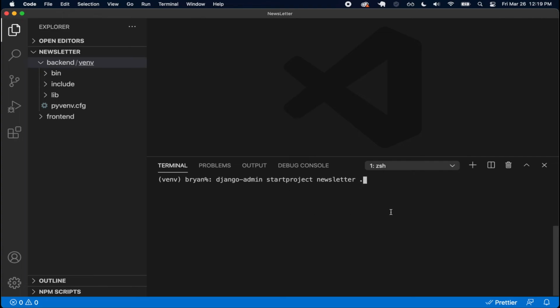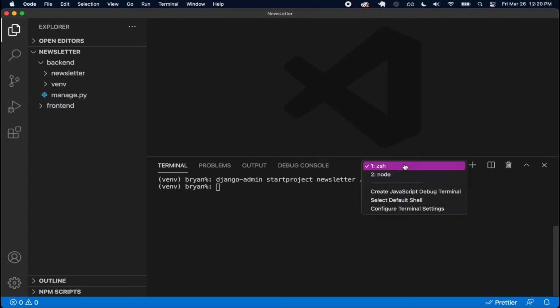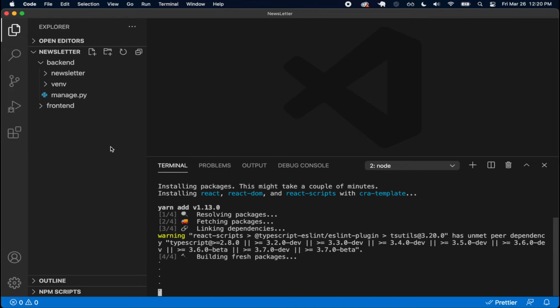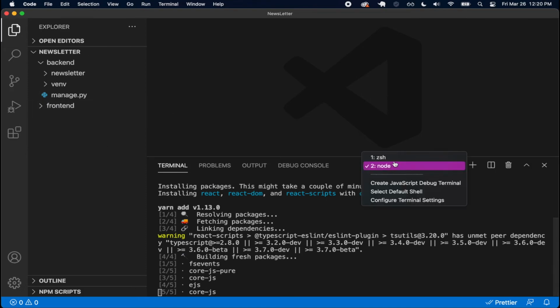the current directory. So I'm going to click enter, and then I should see, on top of this venv, this newsletter Django project. So perfect, I see that there. And then I also see this manage.py. This manage.py is now something I can use to make other apps and stuff. And then I also see this front end folder. So let's check the status of that. It's still kind of creating that, but we do see that this front end folder is now present. There's still more files being created. All right, so let me go